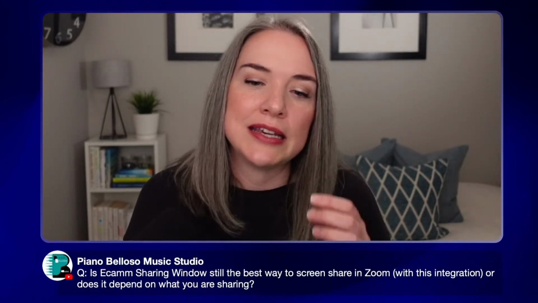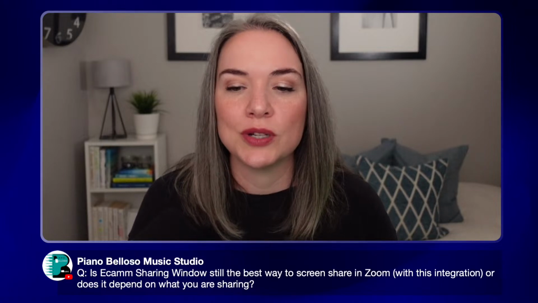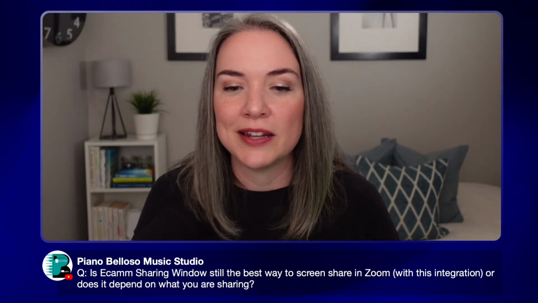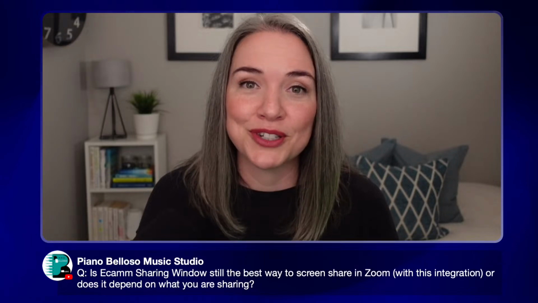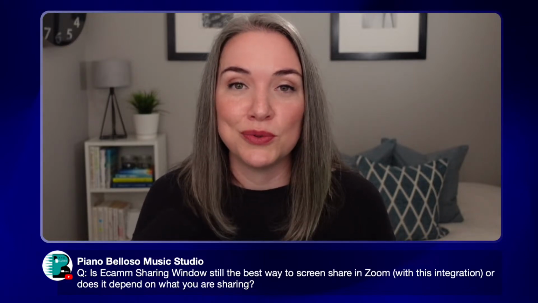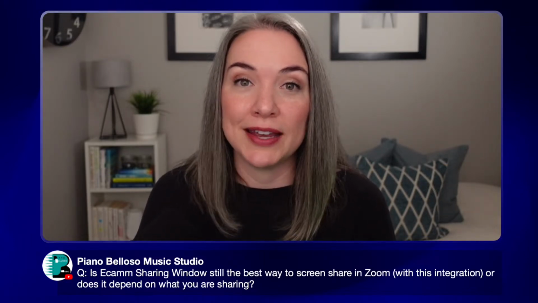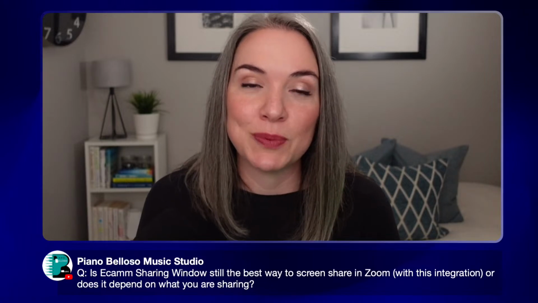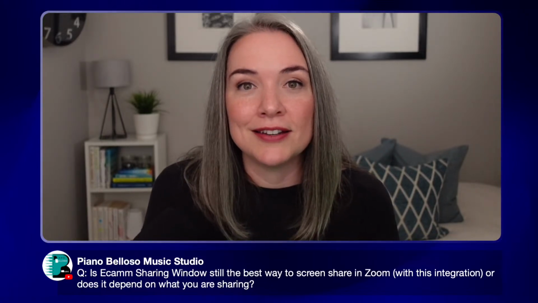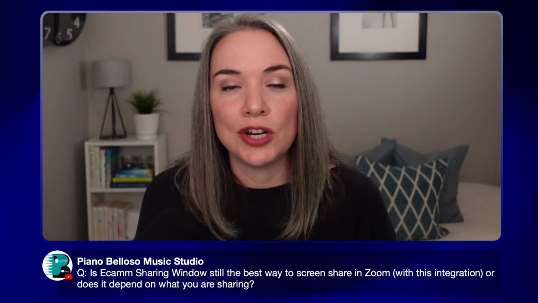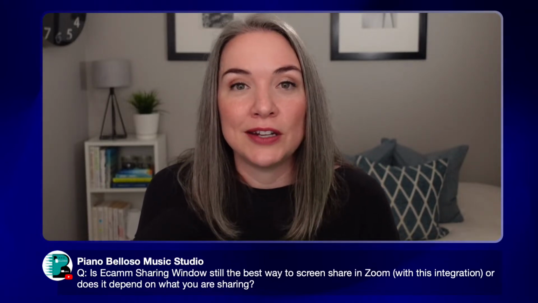So I see the question, is Ecamm sharing windows still the best way to share screen in Zoom with this integration? Depends on what you're sharing. I would say it depends on your resolution. If you have high resolution, I would just use the virtual camera and just spotlight your speaker window. But if your resolution is lower, then I would say sharing your screen is an advantage, but just know that